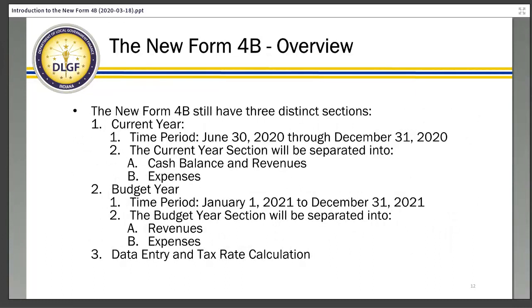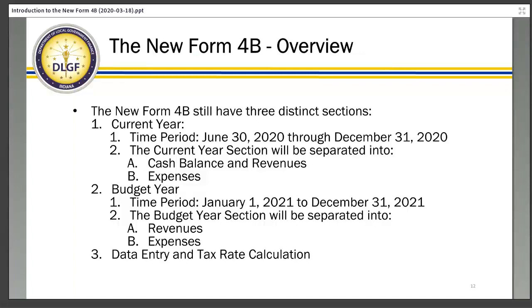Let's take a look at that another way. So the 4B will still have 3 distinct sections. Section 1, current year. Section 2, budget year. Section 3, the data entry and rate calculation. In the current year section,